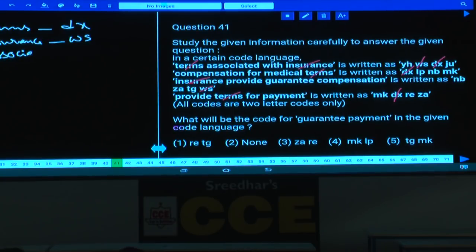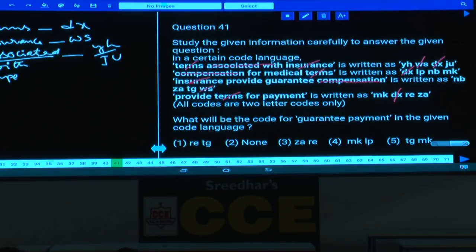Associated and with, these two are, what are the codes for these two? YH and JU in any order. YHJU. Then next one, compensation for medical. Now if you compare the second and the third, the word which is common between these two